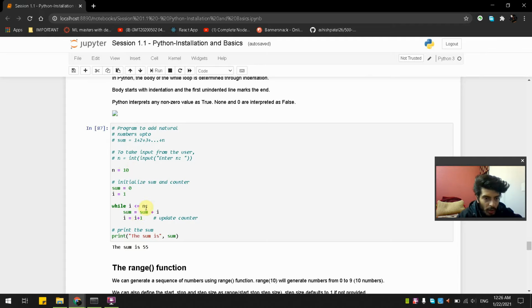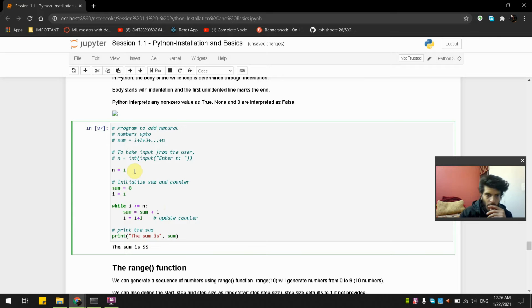So then we have to keep on adding the number 1 to the sum, and sum is 0, then we are adding 0 plus 1, and then 1 plus 1, sum is equal to 2, then 2 plus 1 is 3. That's how it is going to repeat.